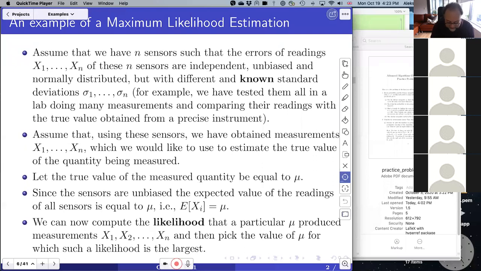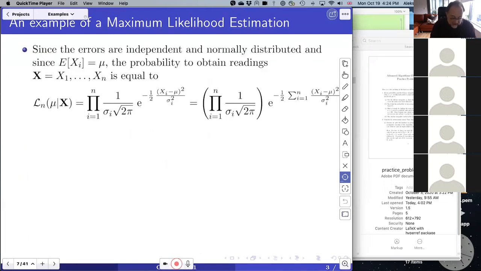So, just arguing, so to speak, in reverse: here we don't know what the true value is. We only have noisy readings, and we want to find out what value of mu would be most likely to produce these measurements. So now, what is the likelihood